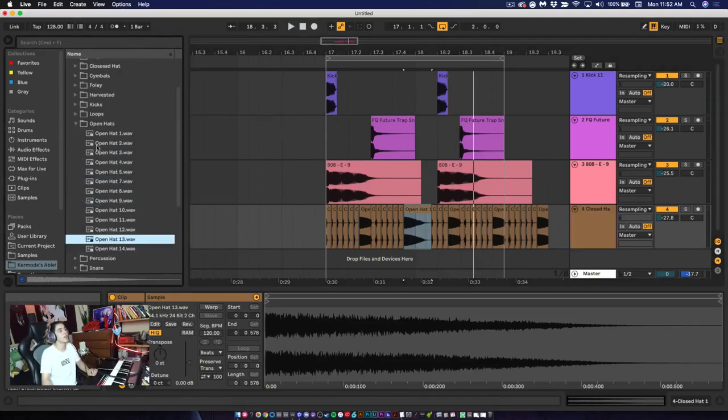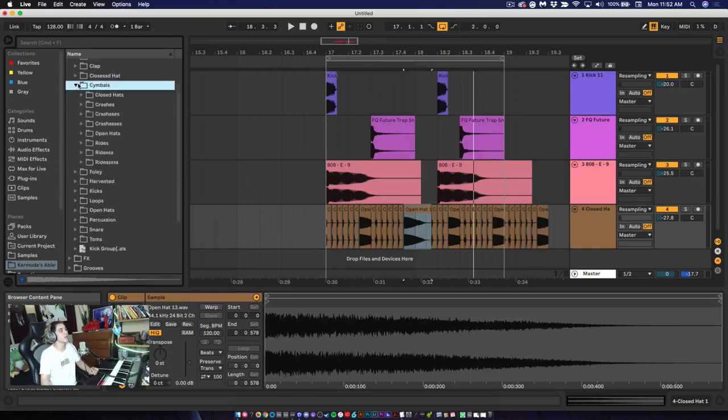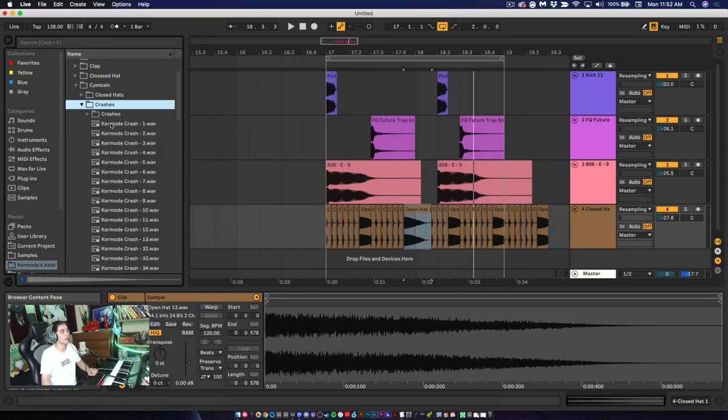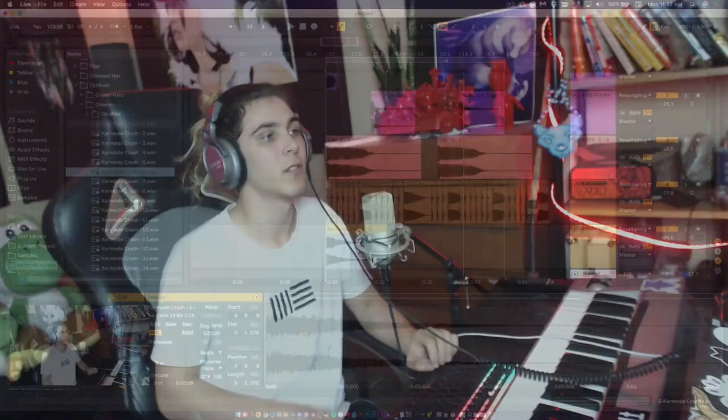Next, you have a crash, and a crash cymbal is a big, splashy, impactful cymbal that's often going to be at the beginning of your beat, and it sounds a little something like this. So that one's going to be really important for adding energy, and cymbals in general are just used for filling out your beat and filling out the frequencies and the groove and just adding on to the fundamental 808 kick